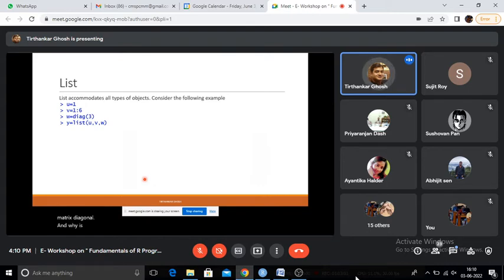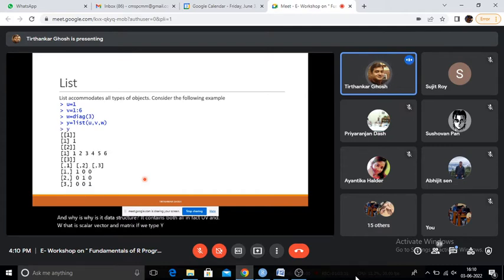It contains all, in fact, u, v and w, that is scalar, vector and matrix. If we type y, then it returns the values like this. So u returns 1, then it returns the vector, and then it returns the matrix, that is a diagonal matrix of order 3.